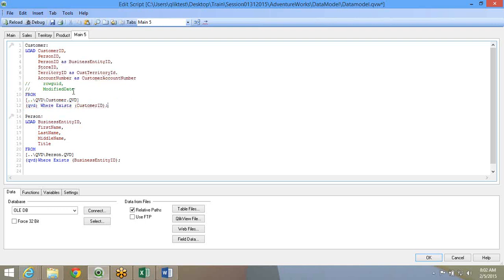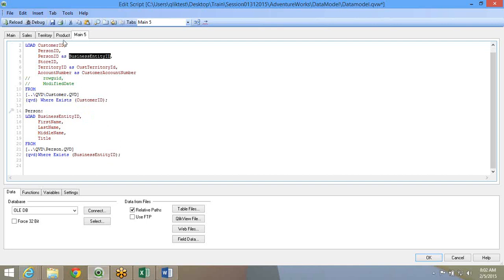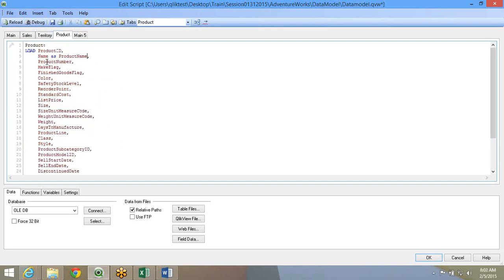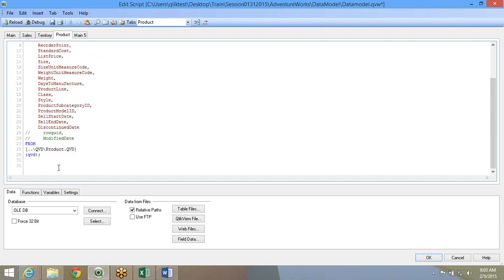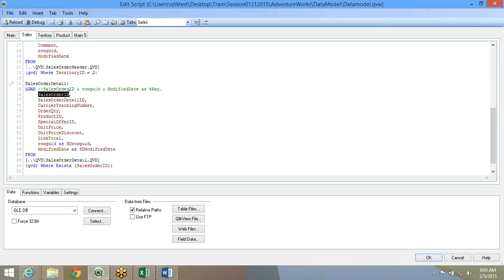So now in memory, when the customer table is loaded first, it's business entity ID. When you do where exist business entity ID, it will filter the data. In the person table, you anyway have a first column which says person ID. It doesn't matter. This is just a key to link both tables. That's all. And for the product also, you'll have to put a filter. You just have to bring the products related to those customers or sales orders, so you just put where exist. Now all the tables will get filtered based on this where clause.